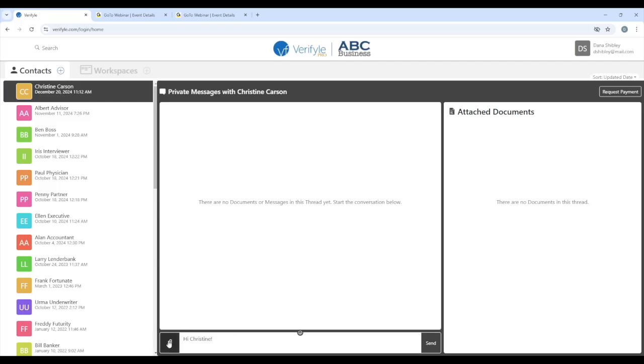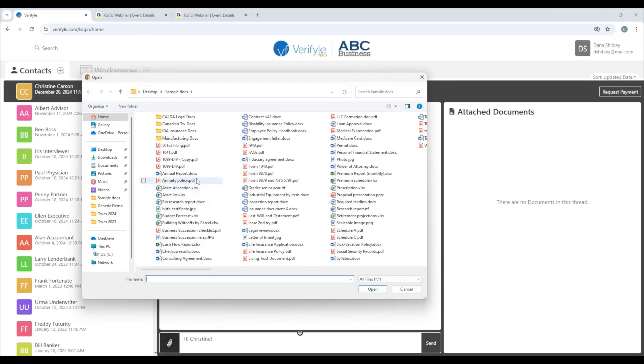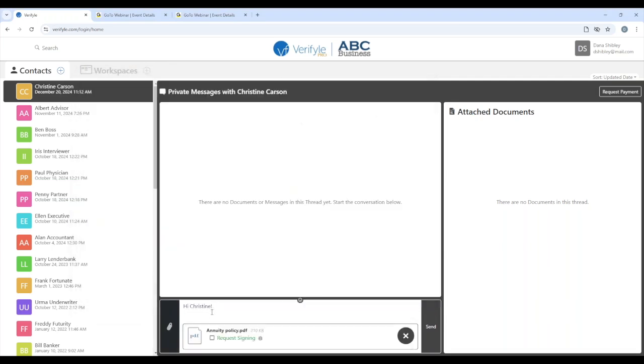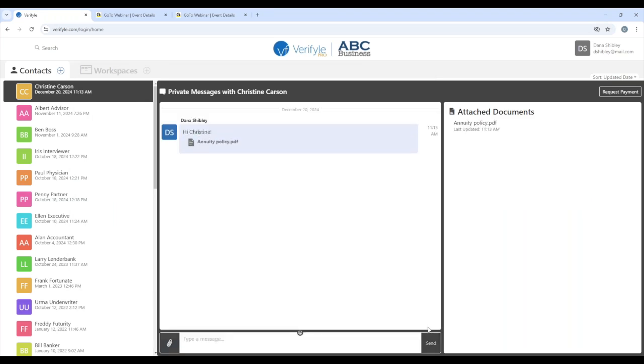All right, and I'm going to click on the paperclip symbol and choose a document to share with her securely. There we go. There's the message, there's the document, and I will click send. Okay, so what Verifyle has done behind the scenes is encrypted this information as it was brought into Verifyle and